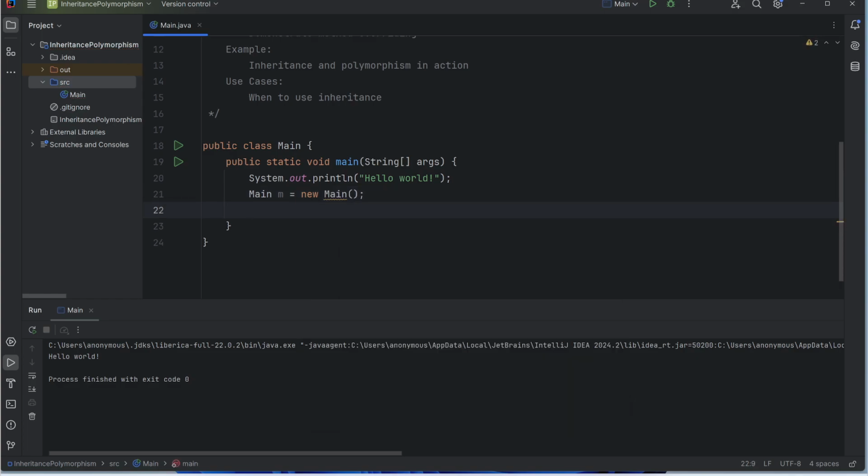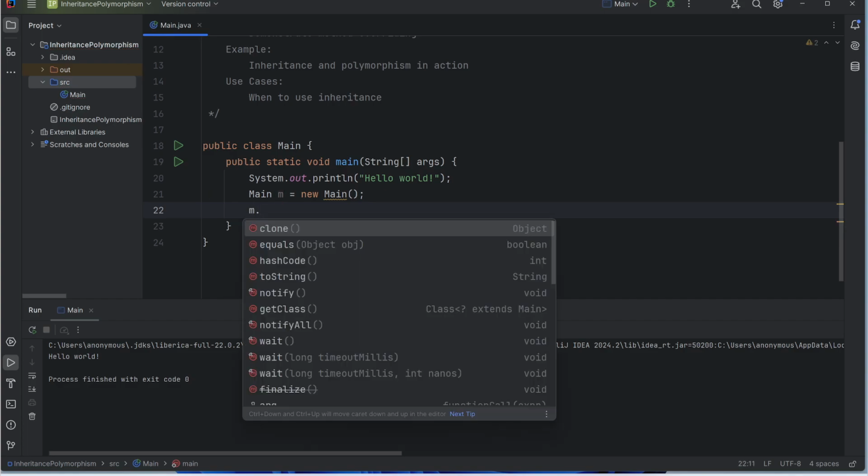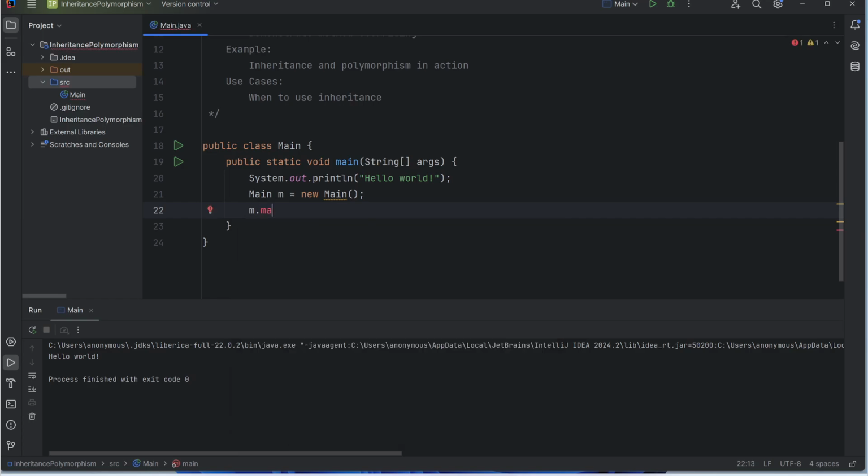Now m is my object of main. There's nothing inside of main, it's already a class. There's this one method, but it is static, so it's a class method, meaning I can run it. I can write main dot main. Probably a bad idea, that would go into an infinite loop, but I can run it directly on the class, but on the instance, it's not